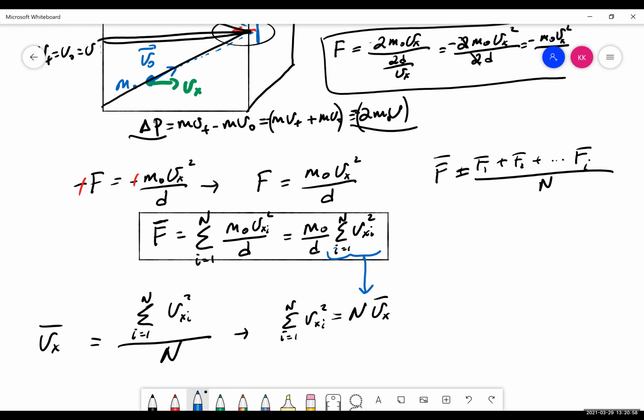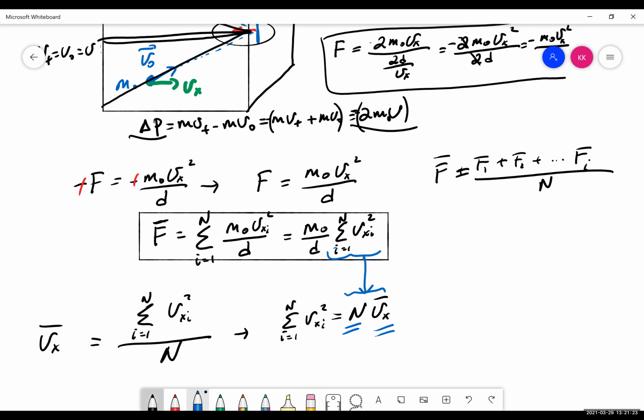Because they are again equivalent. But what I'm doing is going from a microscopic quantity, the individual velocity Vxi, to a more macroscopic one, like a big picture. So this is the number of molecules, and this is the average velocity, not just of one particle, but of all the particles